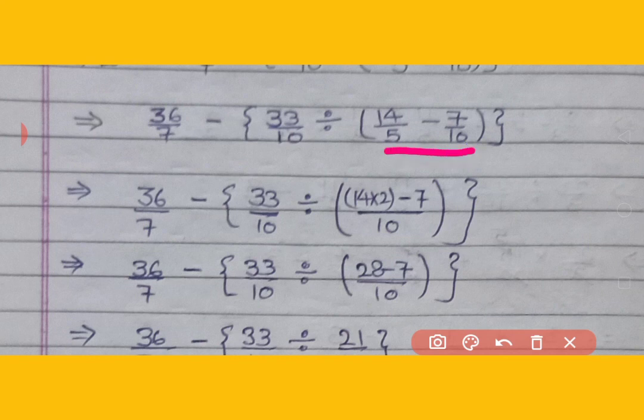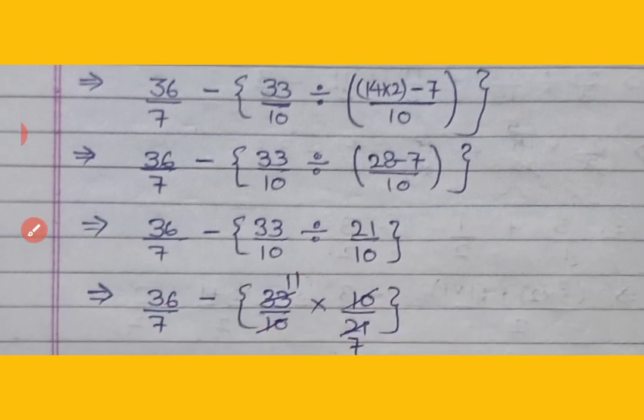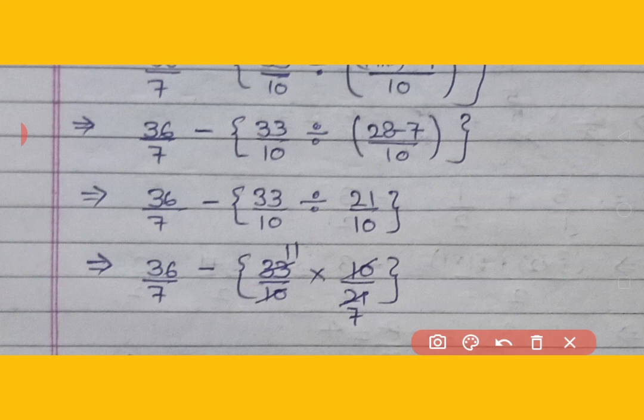Taking a common denominator of 5 and 10, it became 10. So 5 2s are 10, 14 2s are 28, 10 1s are 10, 7 1s are 7. So it became 28 minus 7 upon 10. Rest of the numbers will remain same until the small bracket is opened. So the small bracket opened and it became 36 upon 7 minus, in medium bracket, 33 upon 10 divided by